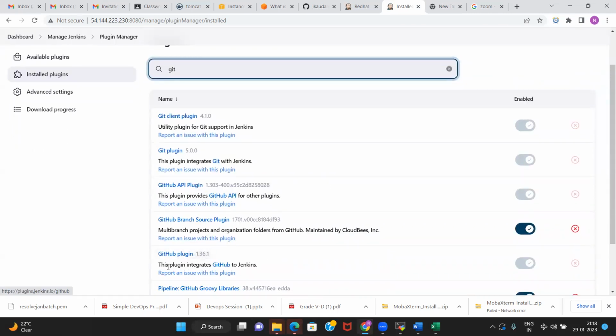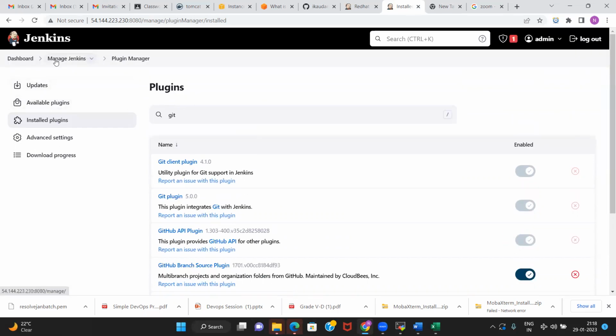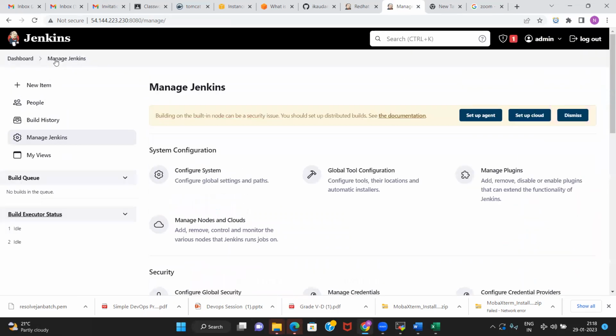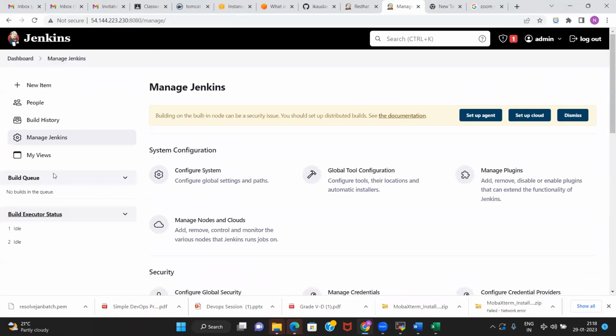You see, this plugin integrates GitHub to Jenkins. So the plugin is already there. Okay. And due to that, we are able to integrate GitHub with Jenkins. We faced an issue because at that time Git was not there on the server.